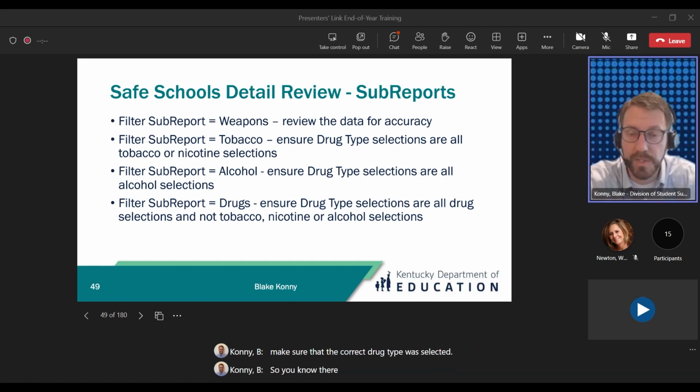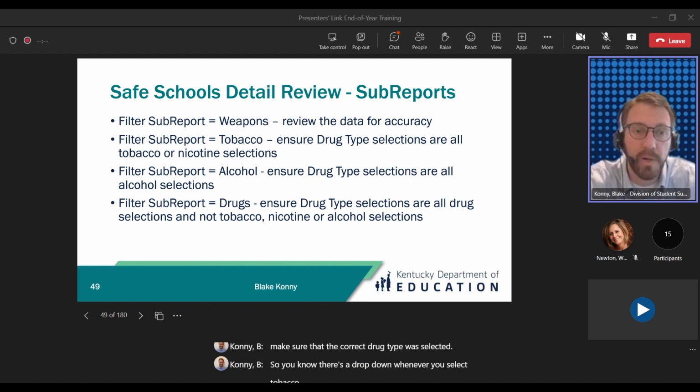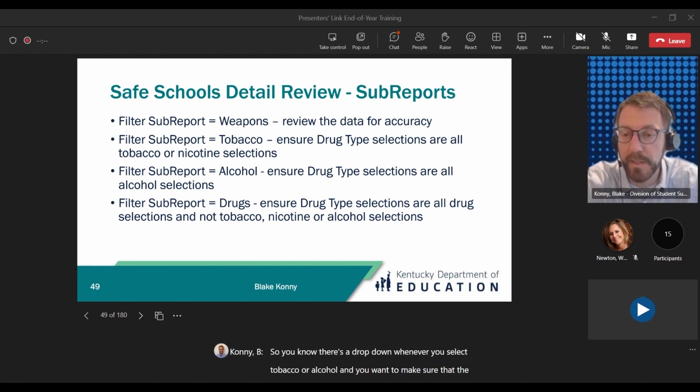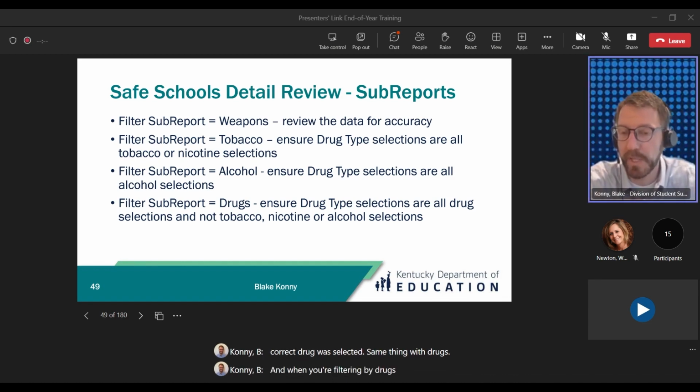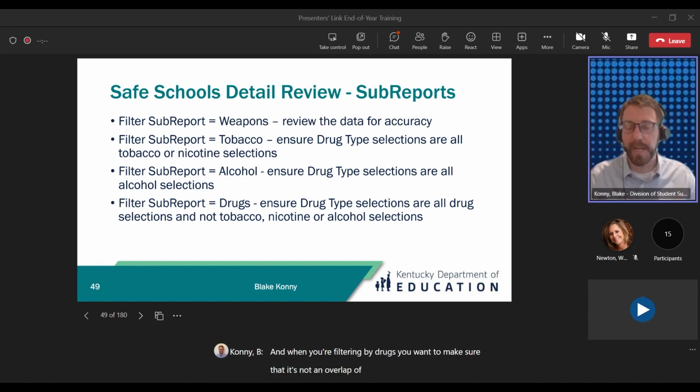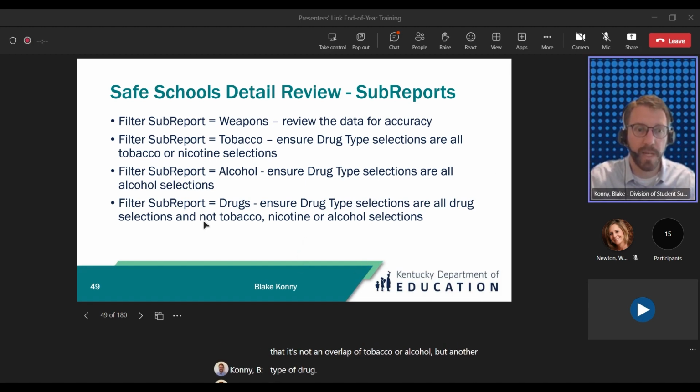There's a drop down whenever you select tobacco or alcohol, and you want to make sure that the correct drug was selected. Same thing with drugs. When you're filtering by drugs, you want to make sure that it's not an overlap of tobacco or alcohol, but another type of drug, since they have their own categories.